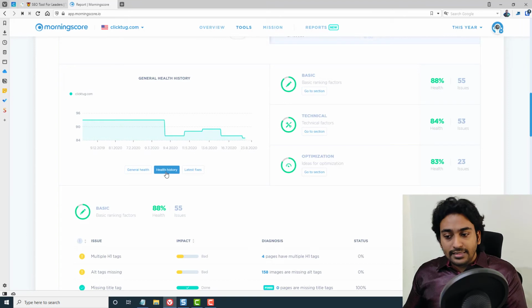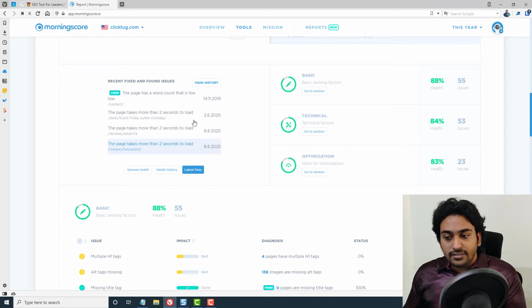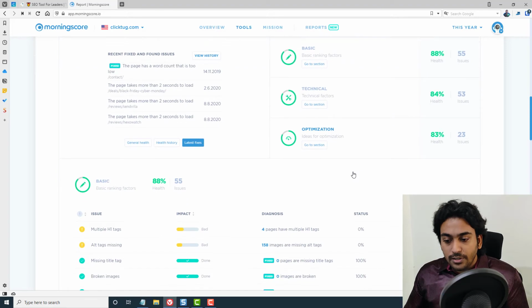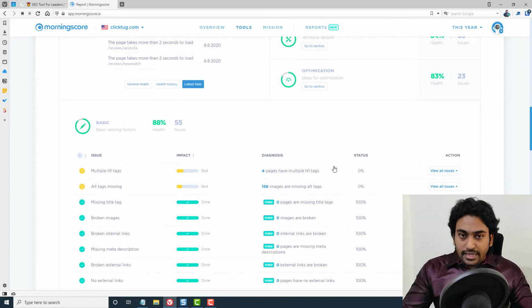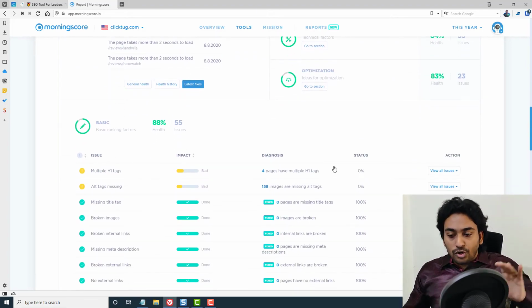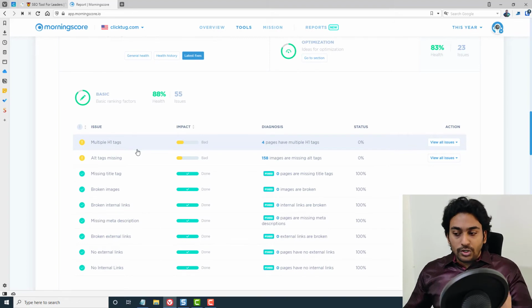If I click on health history, it will show you the changes on the SEO value and everything. Latest fix, if I fix something recently, it will show all the data also from here. It will show you the total health percentage issues which it found. All these things are from here. Basically, if you are new to SEO or a beginner, you don't need to worry about understanding these things,